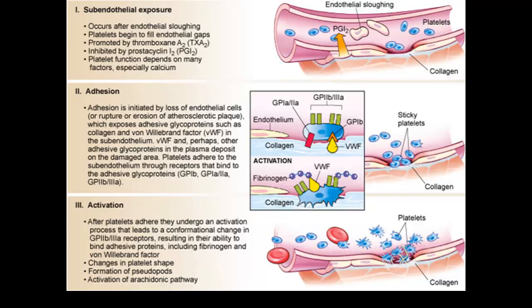So up on the top here we have endothelial sloughing that is occurring as a result of having some kind of injury, and that's starting to activate our platelets and starting to fill in some of these gaps. Now, you don't need to know all of these different pieces, but it's good to start looking at some of the names and starting to become a little bit familiar with them. Thromboxane A2, inhibited by prostacyclin. So it's important to start seeing these names, to start seeing these things, and start to gain a little bit